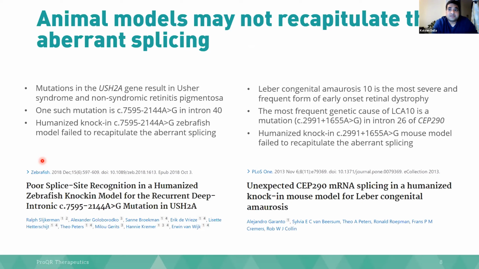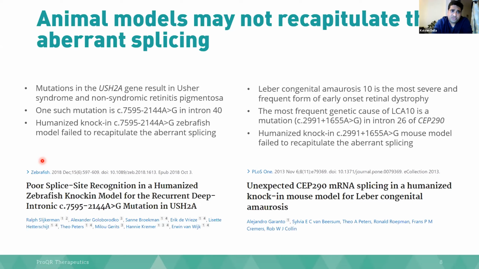Hereafter in my presentation, I will walk you through several examples that exemplify the potential of a retinal organoid model for drug development. First example is that animal models may not recapitulate the alternative splicing. Animal models have a lot of advantages. We just saw some of those, but there will also be specific instances such as these where they may not